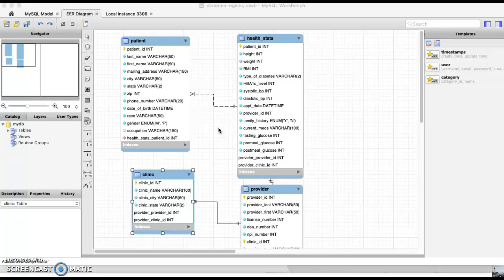As you can see here, I created 4 tables. One is the patient table, which holds all of the patient information, all of the patient demographics. One is the health stats table, which holds all of the patient's health information, including their height, weight, BMI, HbA1c level, systolic, diastolic blood pressure, current meds, what their fasting glucose, pre-meal, and post-meal glucose values are for each appointment